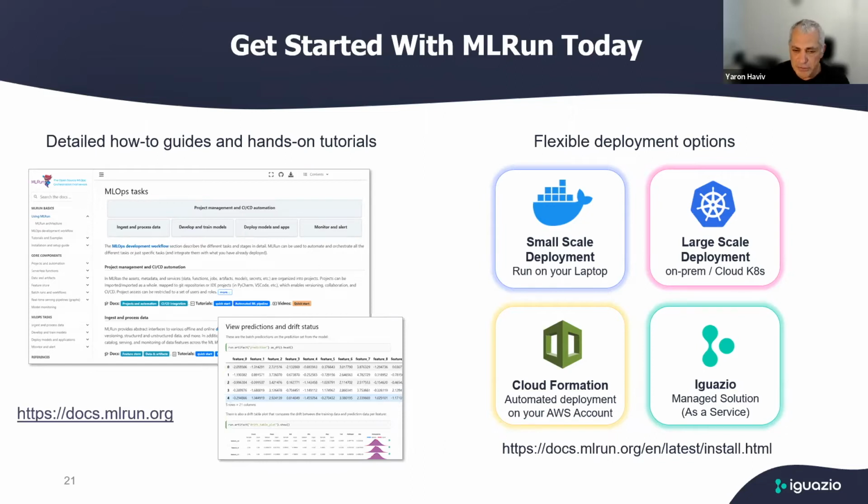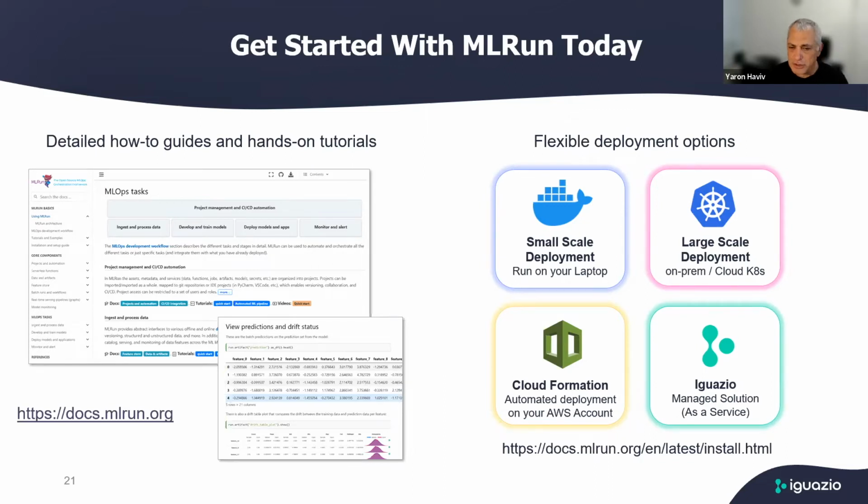And you have many different deployment options that you can see here, anywhere from a local Docker for more of a testing the waters, it's not really for production, to deployment over Kubernetes. You have lots of new documentation on the installation process. You can also use CloudFormation templates if you want everything to be fully automated.